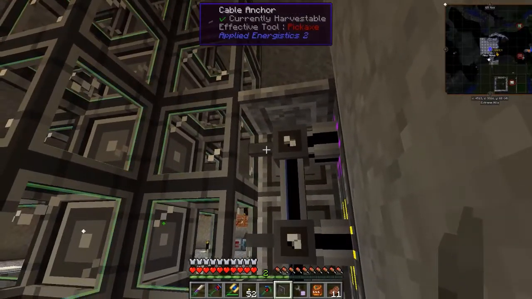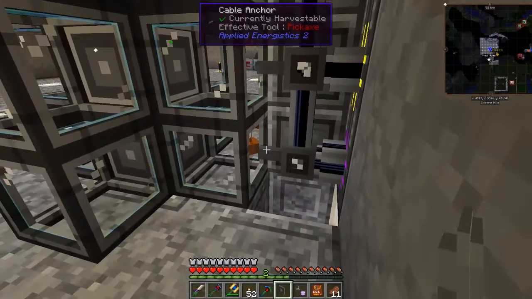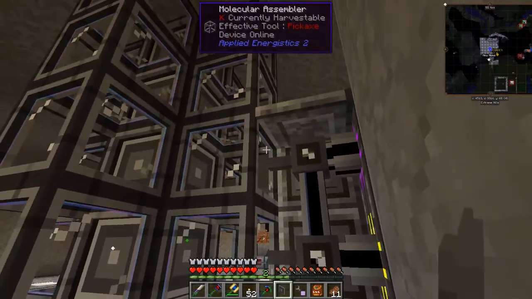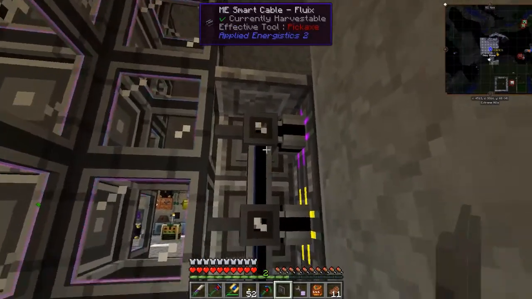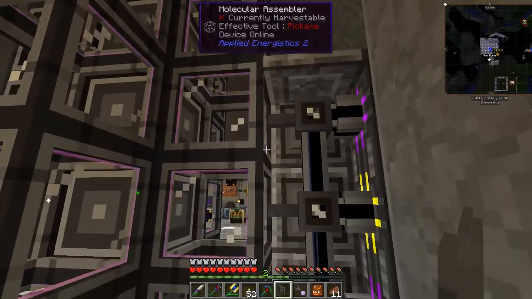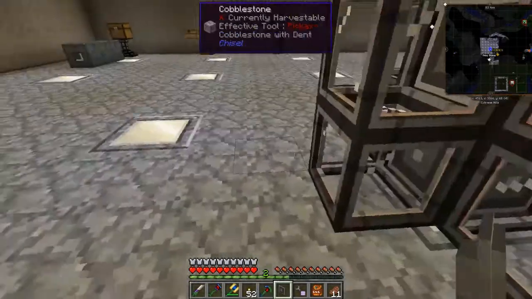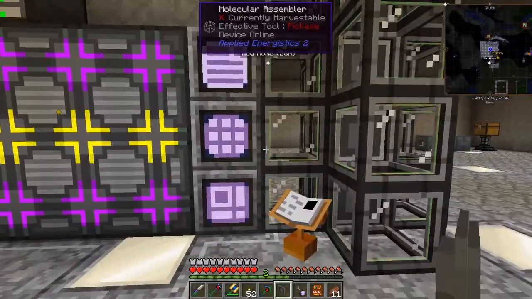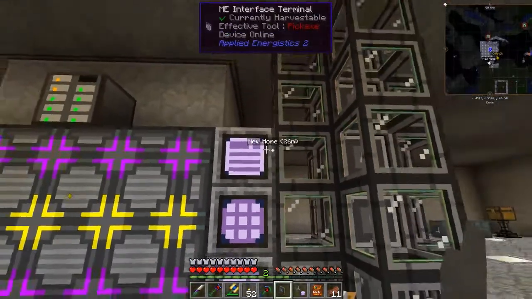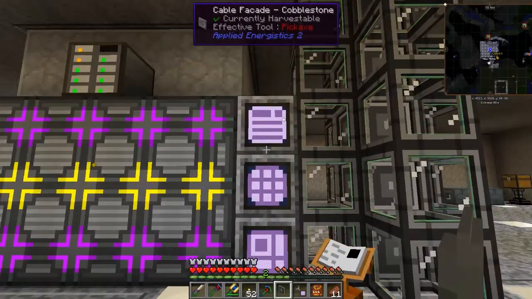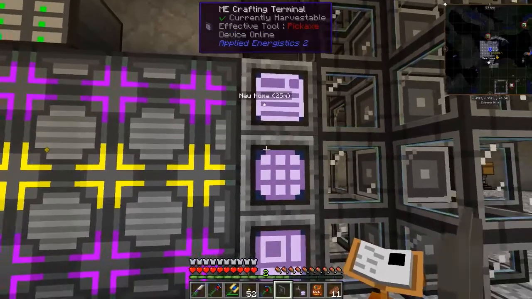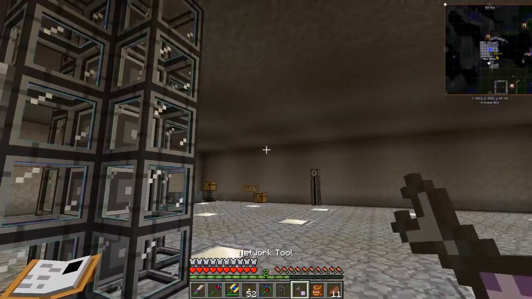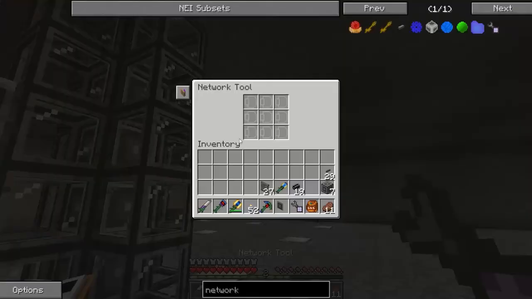Now what I did back here was I put cable anchors on my molecular assemblers to keep this cable from connecting to the molecular assemblers there. So I don't know if I had to, but I thought it made it look better, and I felt better about it. But anyways, like I was saying, on the network tool, if you right click in the air,